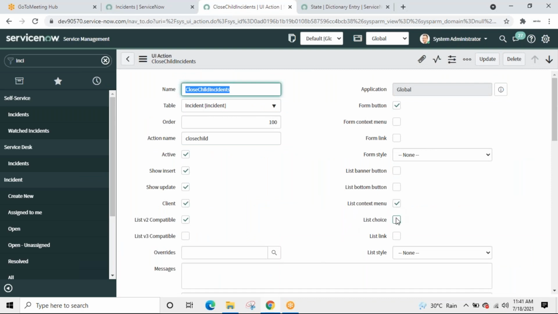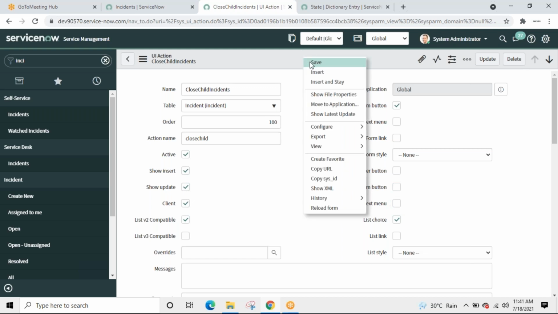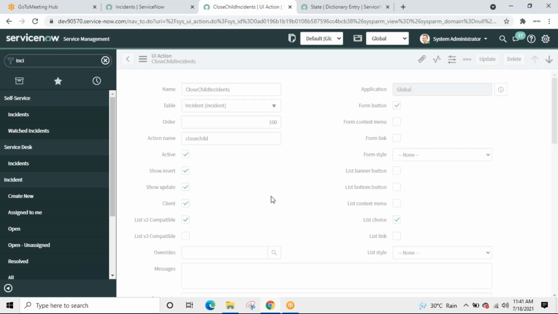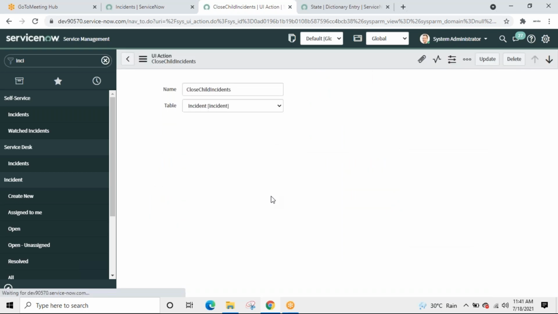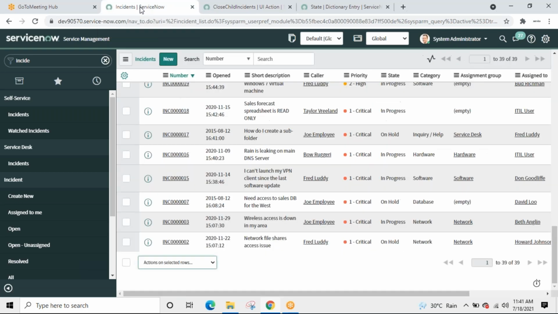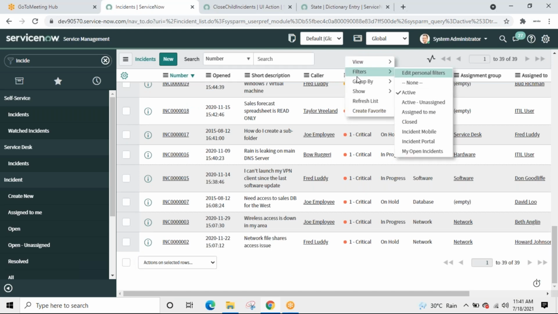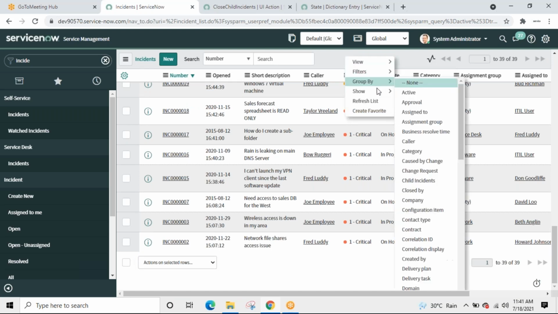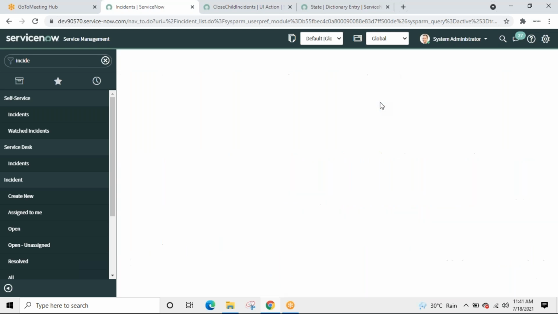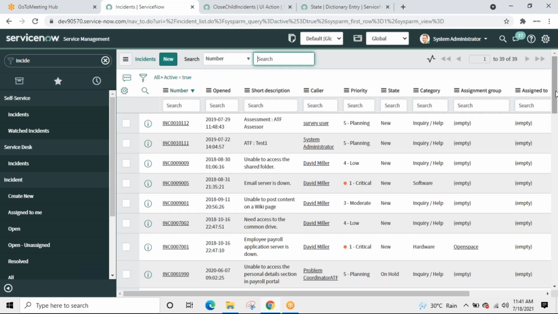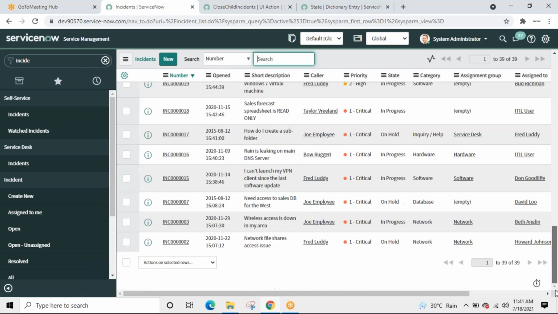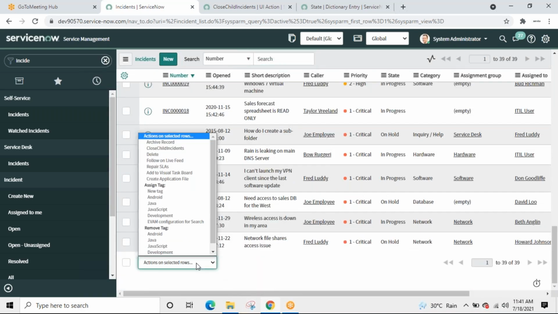We are left with this. Let us see. If I save like this, list choice. So in the list layout, it should be there in the choice. Refresh. In the list, it should be there, right? Incident list. Close child incidents is there.